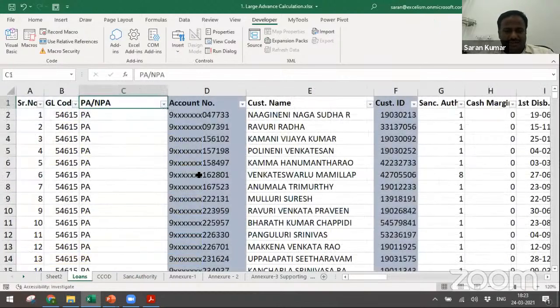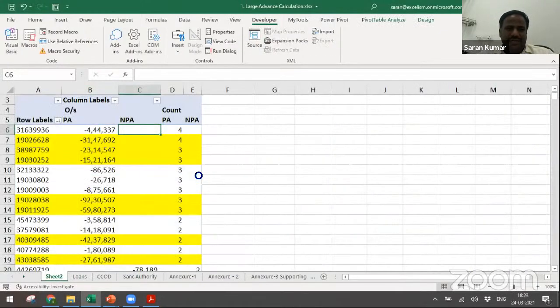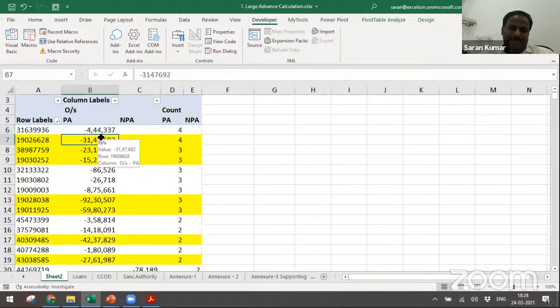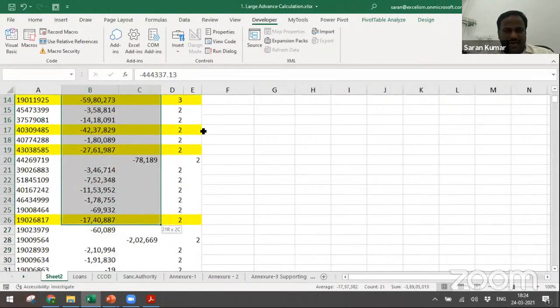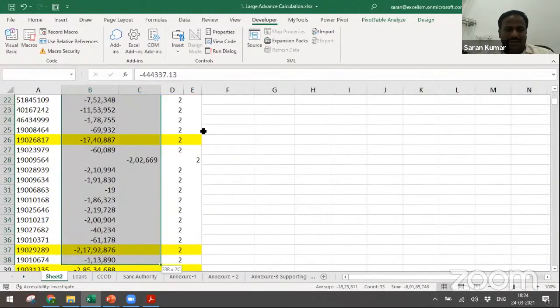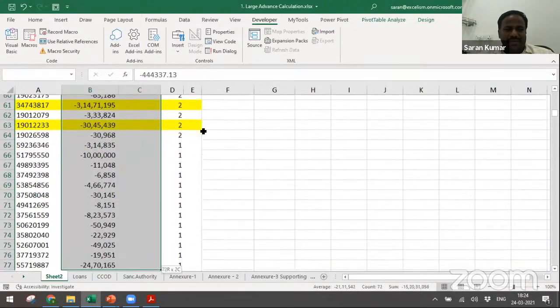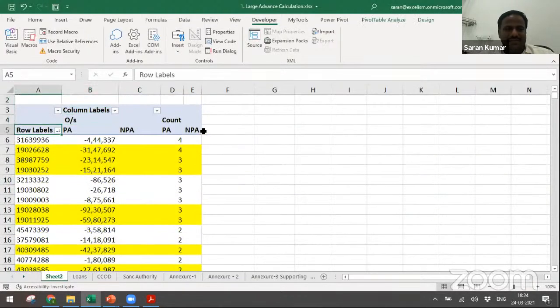This will get changed. Right now, what analysis can you do out of it? In this case, PA is this, NPA is nothing. Then there's no problem. But the problem comes where one account is an NPA and the other account is a PA. Then you must be very careful. Check whether there is any instance where both have an amount. Okay, I did not find any. But you can go manually because it's customer ID wise.